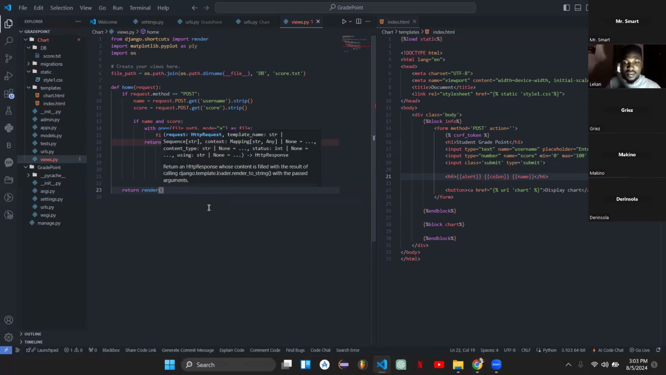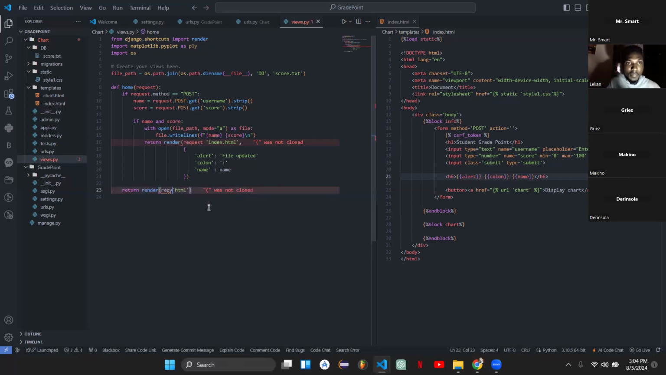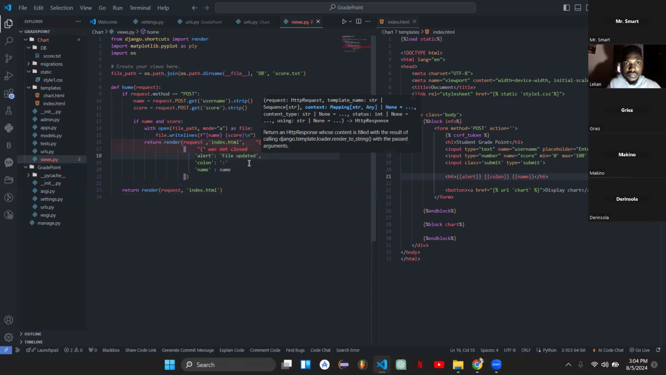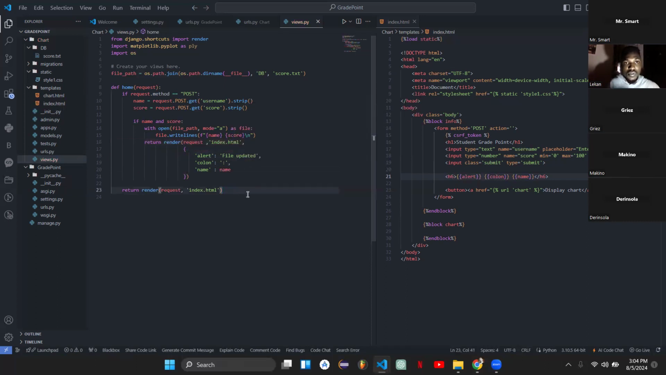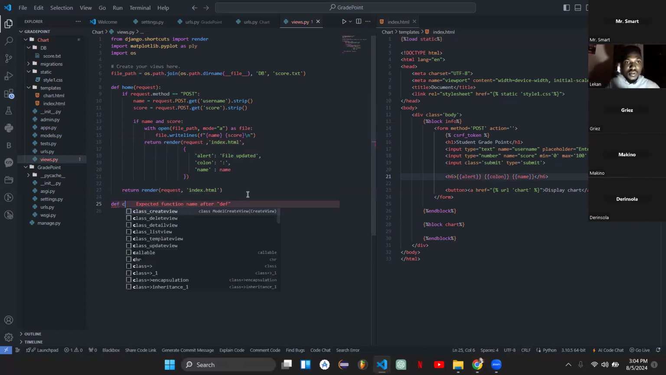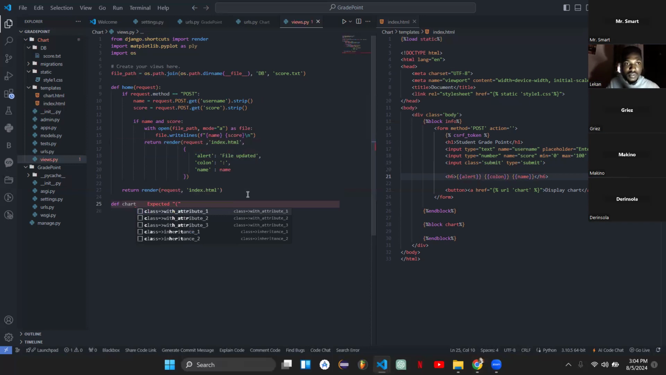Don't render index.html. So index.html. So now for our second function, we're going to name our function charts, and then we're